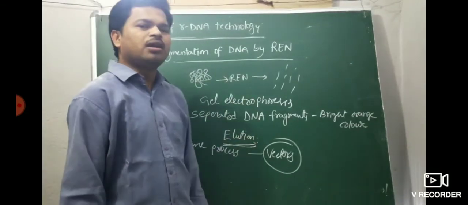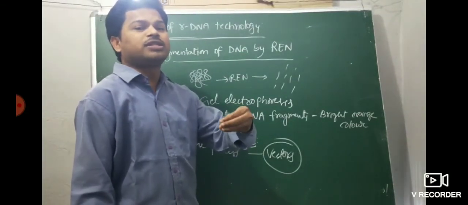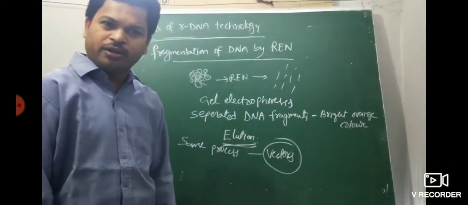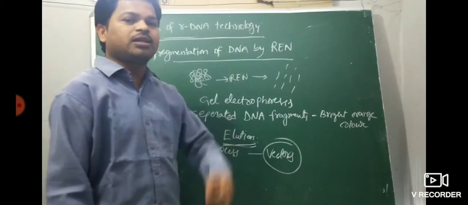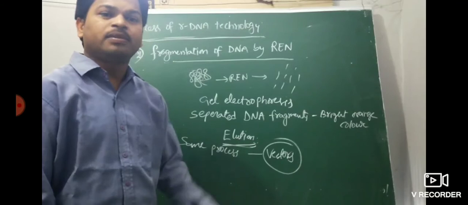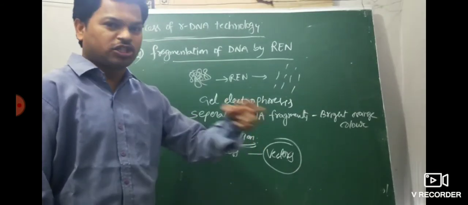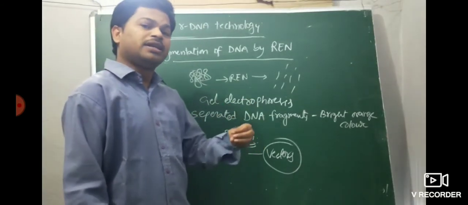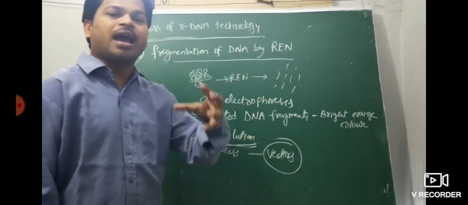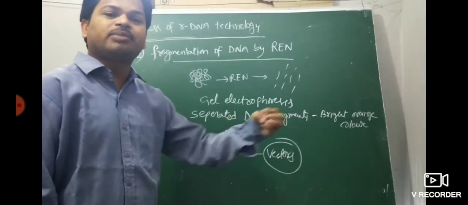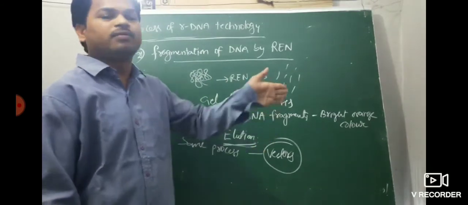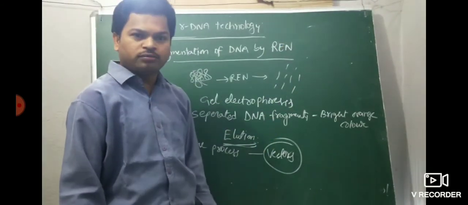So the important points: restriction endonuclease enzyme is used as a molecular scissor and cuts the DNA at a specific position. DNA fragments are separated by gel electrophoresis. The medium used is agarose, extracted from seaweeds, a natural polymer. DNA is negatively charged and moves to the anode side under an electric field. The fragments move in the medium by sieving effect, and smaller fragments move farther, near to the anode.